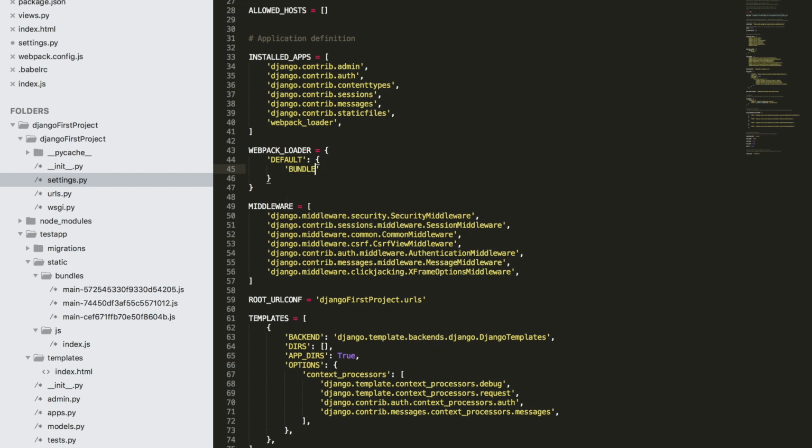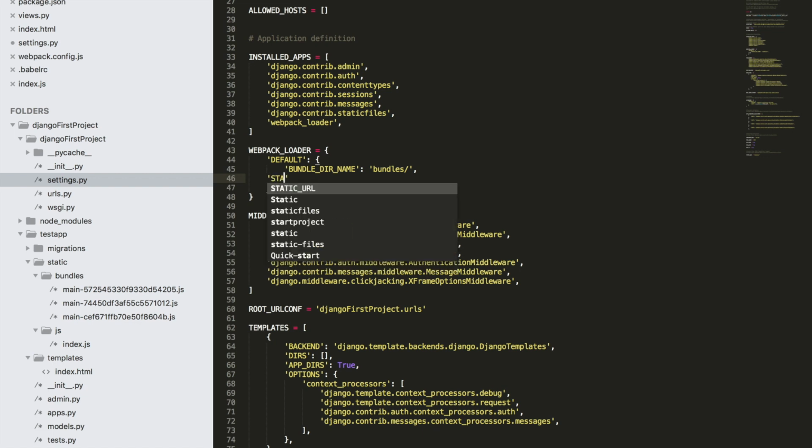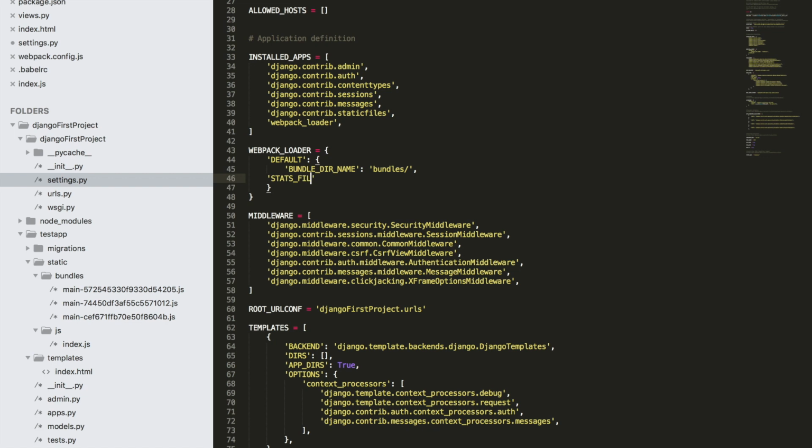So our bundle directory name is bundles. Then we have another one, our webpack stats location. So stats file is what we'll do here,